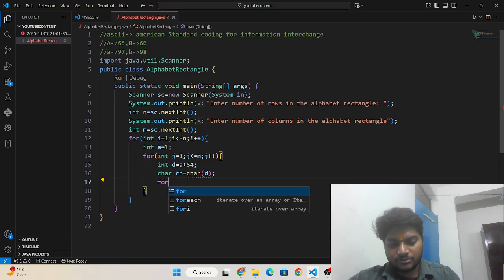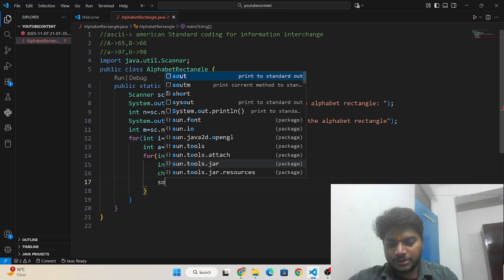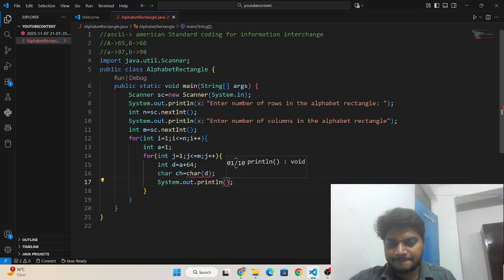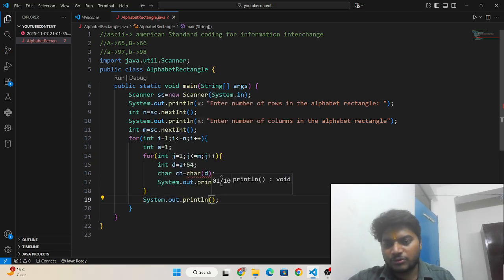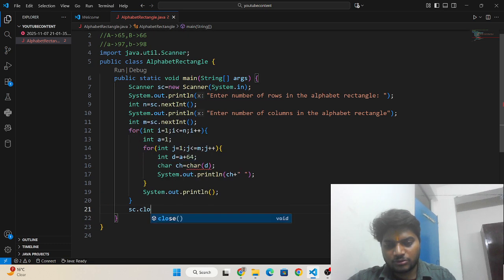And then I need to print here, System.out.print ch plus a space. And then I need to print println to move to the next row, and sc.close.